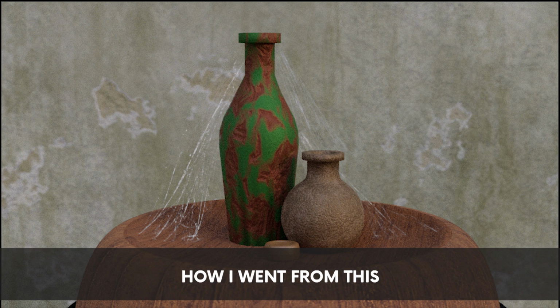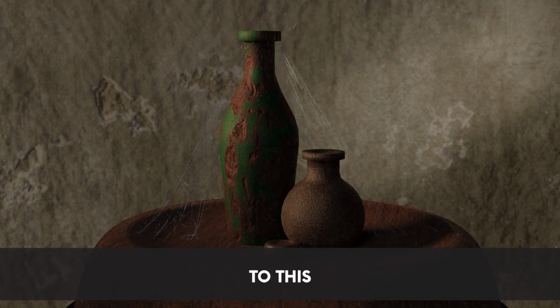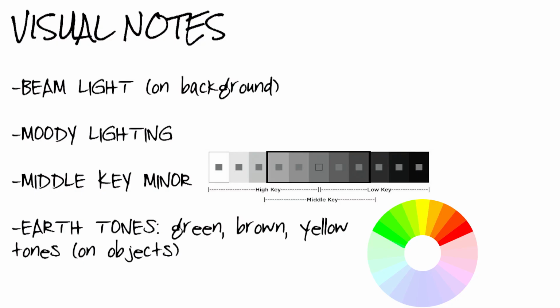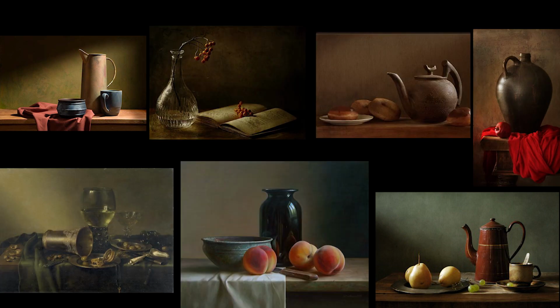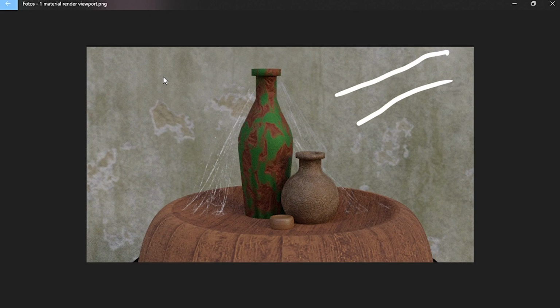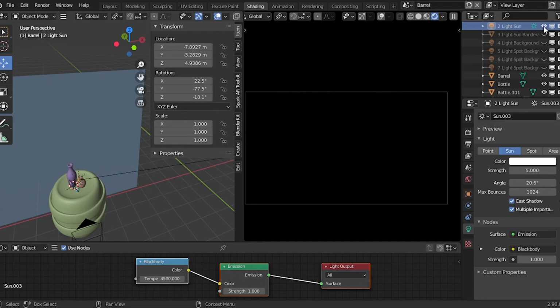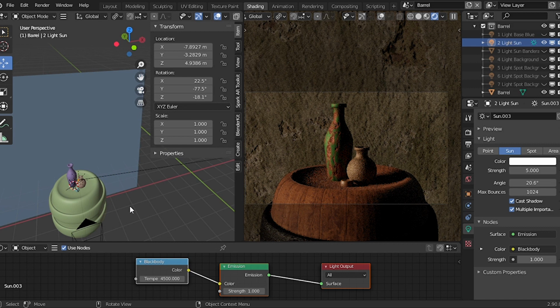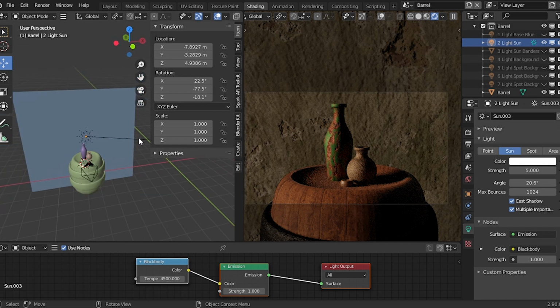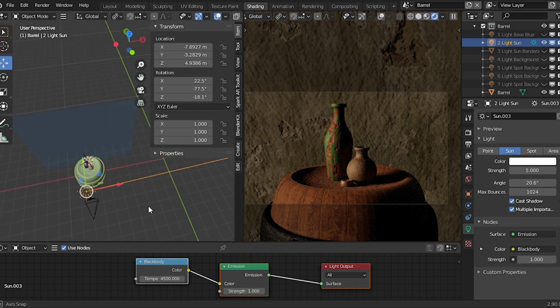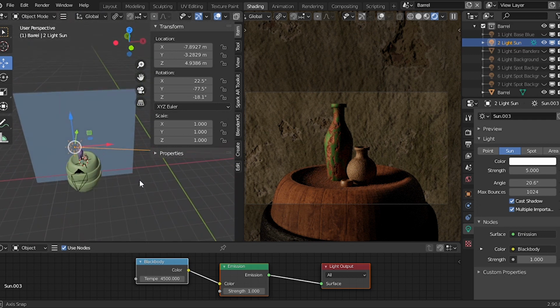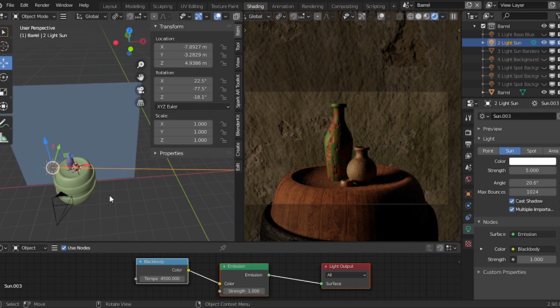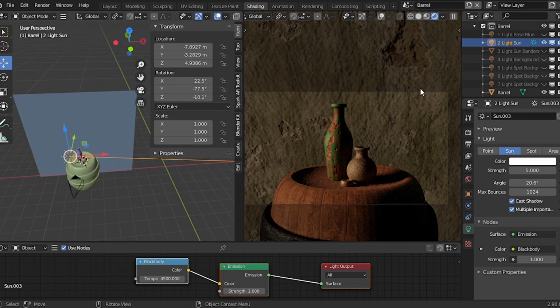I will show you my whole process on how I came to the final look, from the broad ideas to the references, how I sketch the lighting I have in mind, and then how I translate those ideas to a 3D lighting setup. I think this render looks pretty decent, and it's actually my third finished render since I started learning Blender, so make sure to stick around until the end of the video because I'll be sharing some tips to achieve good renders even if you are a beginner.